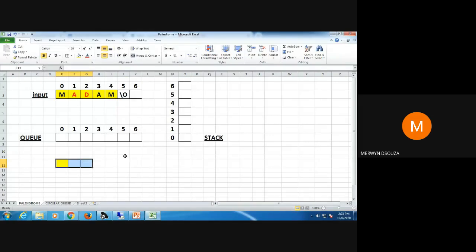Then you will declare that it is a palindrome. Got it? So suppose I had to enter one word which was not a palindrome, for example, something like this. Again, what you would have done is store this entire thing in the queue and also in the stack.